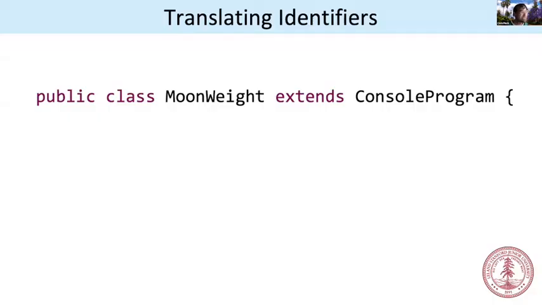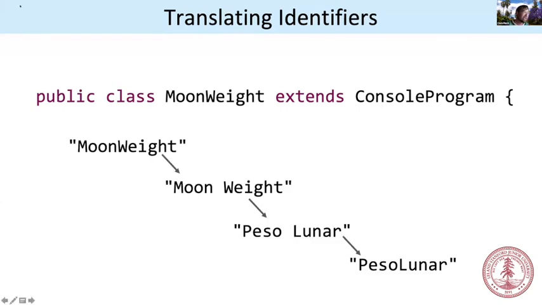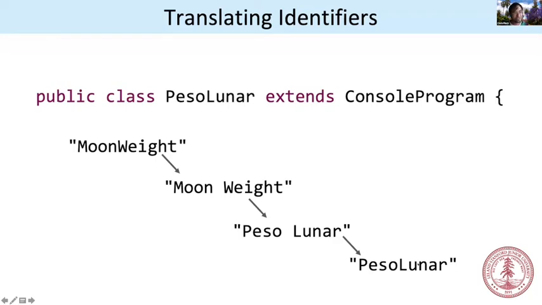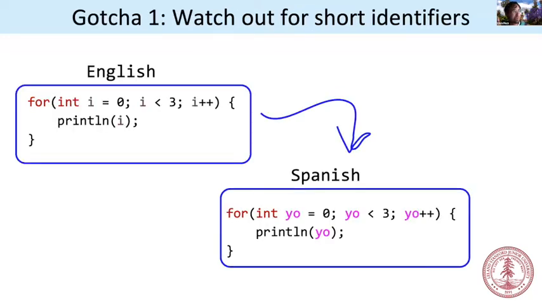How are we going to do this? Well, it's pretty simple. If you take a line like this, the simple idea is don't translate keywords, but do translate identifiers. And when you translate identifiers, it's not that complicated. You can just take your identifier, use a little bit of AI to split it up, and then translate the words independently and put them back together. Good times.